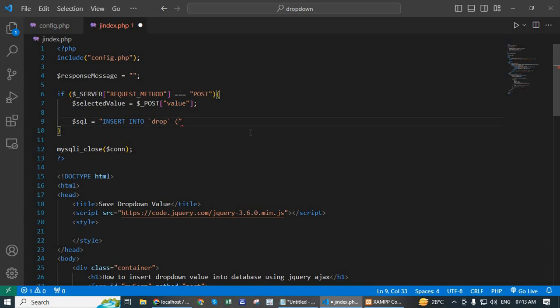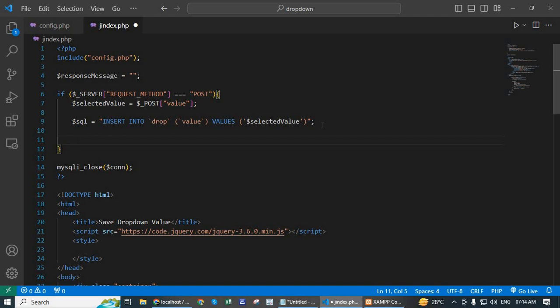First value is the table column name. VALUES, copy this variable selected value and in single quotation pass the value here. Save. Next, if condition, if